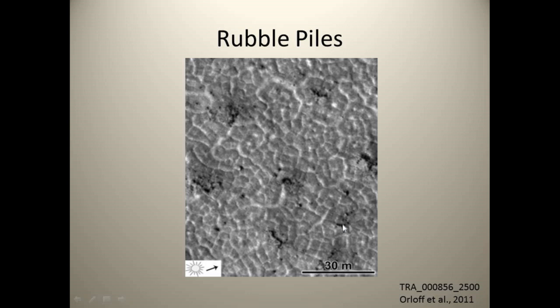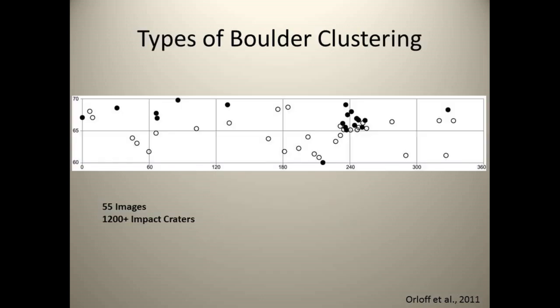So there are these two different types of fundamental boulder clustering. I am going to focus on the first one, the boulders that cluster in polygon edges and outline them. The types of boulder clustering we find, though, is that we find boulder clusters in the edges of polygons everywhere, both in the white circles and the black dots, but we only find the rubble piles in the black dots. So we have rubble piles at higher latitudes and not at lower latitudes.